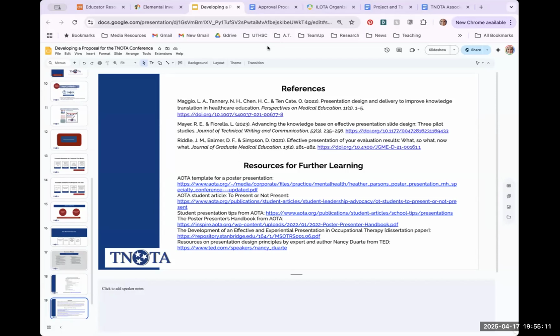Someone else is asking, what if we would like to have something discussed but don't want to present? If you want to learn more about something, drop me a line, please. I love to talk about that stuff. So the easiest email for me is president@tnota.org. And sometimes you might tell me something and I know somebody who can present on that, and I'll kind of nudge them to present. So that might be one thing.